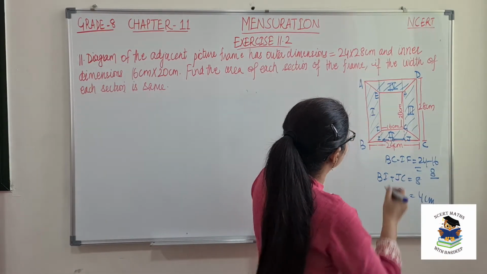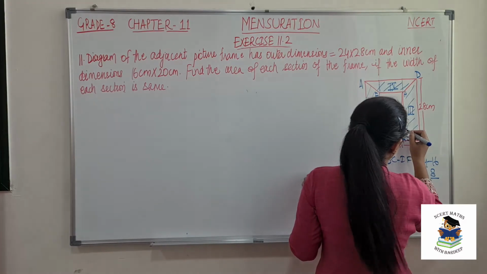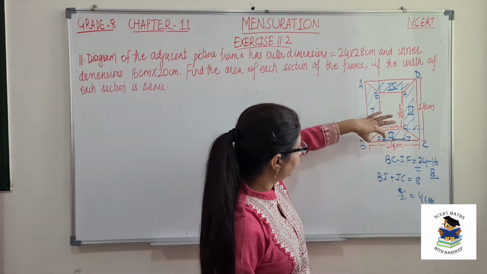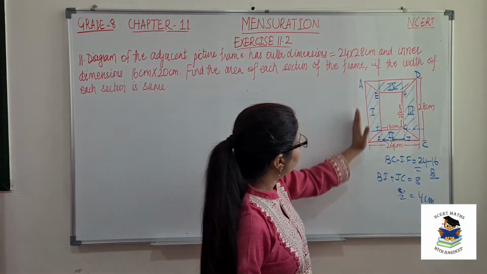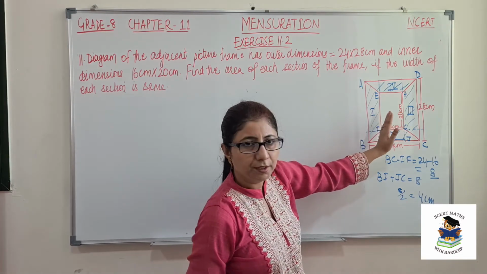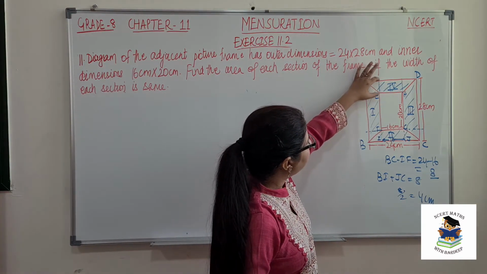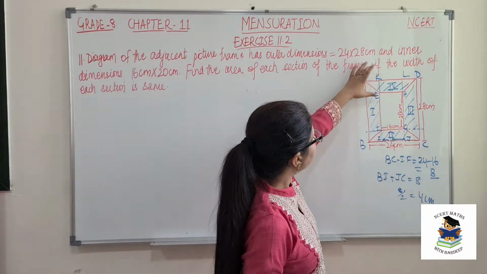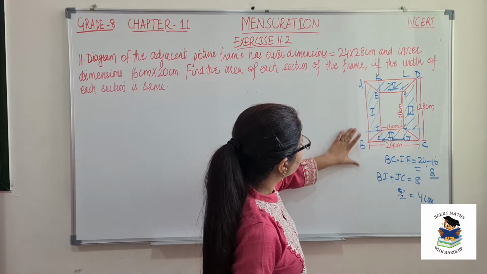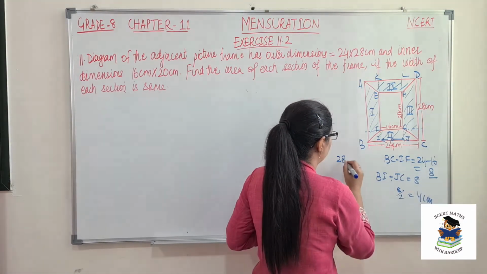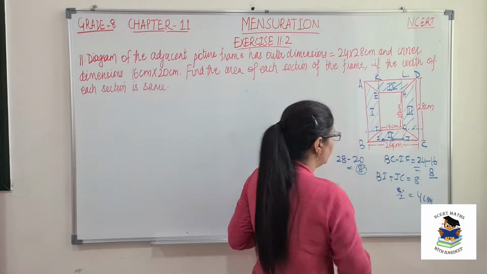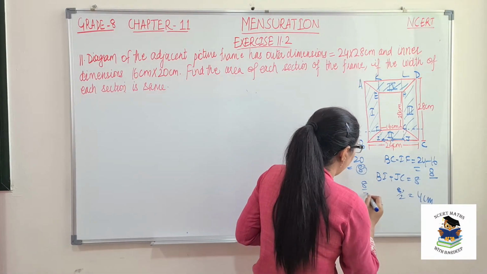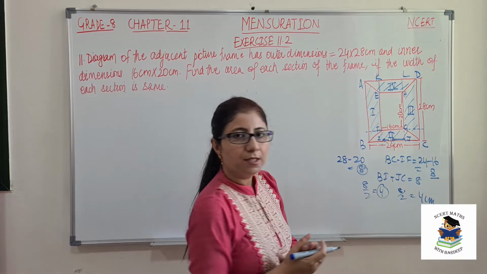See, if we join this way, this full is 24. We have subtracted 16 and we got this. Now this full is 28. This is 20. So again we need to find this part. Let it be K and L. So what we will do is, this full is 28, 28 minus 20, again 8. So this plus this is 8. So we will divide it by 2 and again we can say the perpendicular distance is 4.